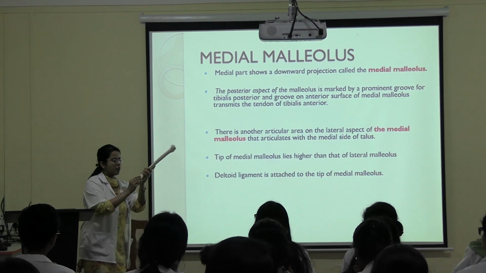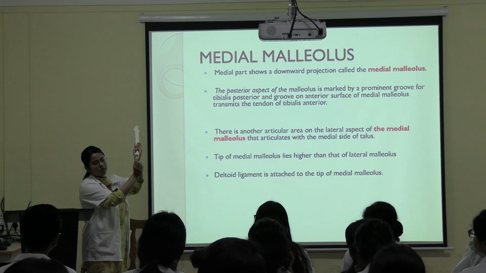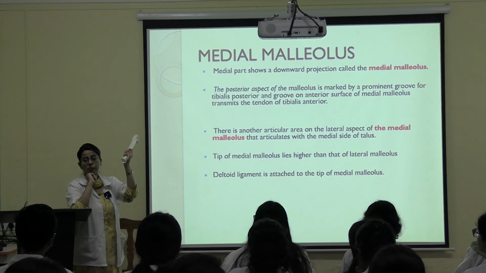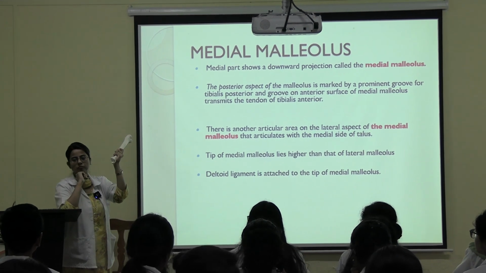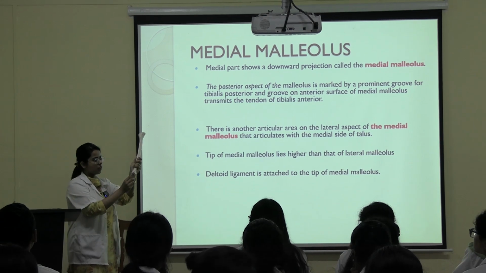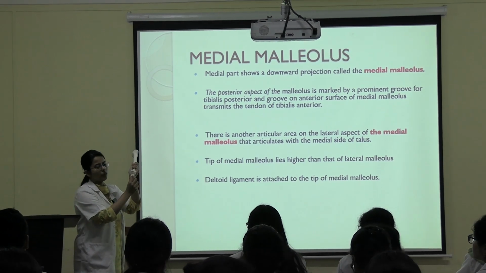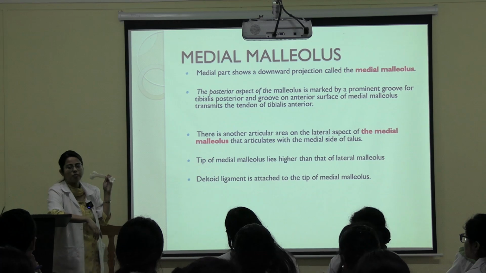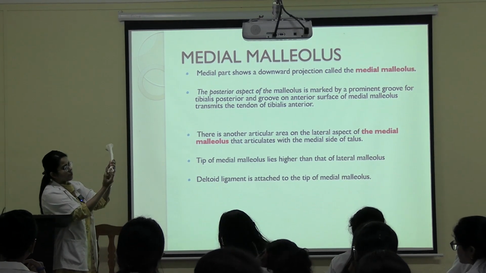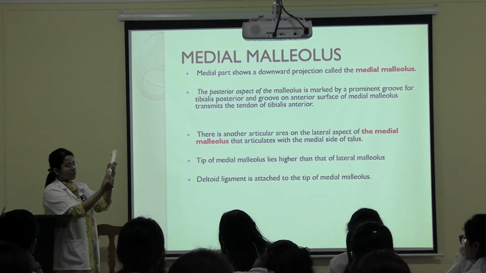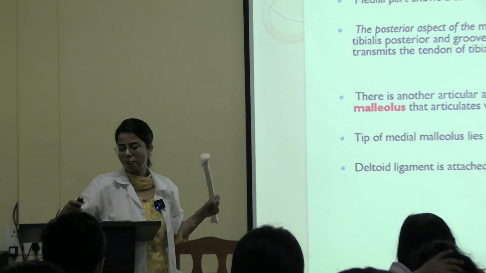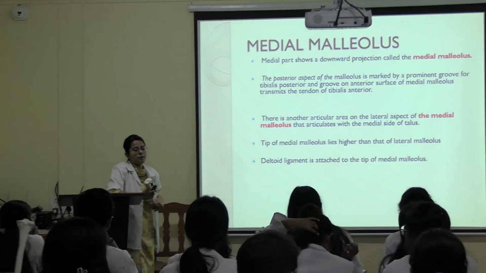Clear? Now about this prominent bony projection in the medial end, which is known as the malleolus. Now what surface of the medial malleolus is this? Lateral surface. It will articulate with the medial side of the talus. This part will articulate with the body of the talus, and this part with the medial side of the talus. It has an articular facet here. Articular surfaces are covered by which cartilage?